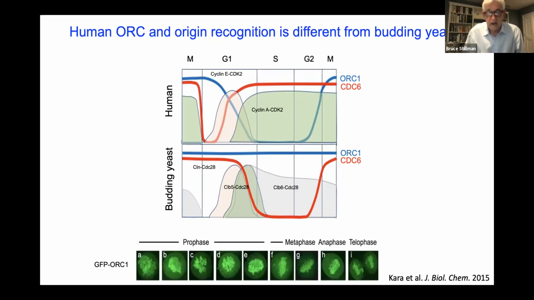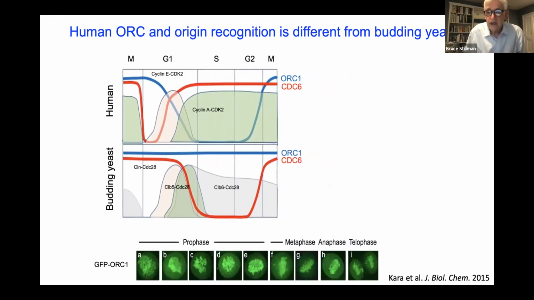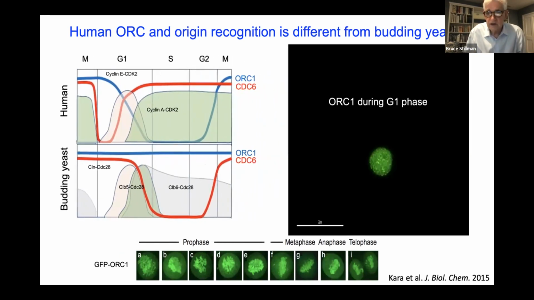One of the things we found, and it was also demonstrated in David Gilbert's laboratory, is that ORC1 binds to mitotic chromosomes in early prophase as the nuclear envelope is breaking down. This is a GFP ORC1 showing it binding to mitotic chromosomes and is in fact inherited through metaphase and anaphase into telophase and into the G1 phase of the cell cycle. When it goes into the G1 phase, it forms these punctate spots in